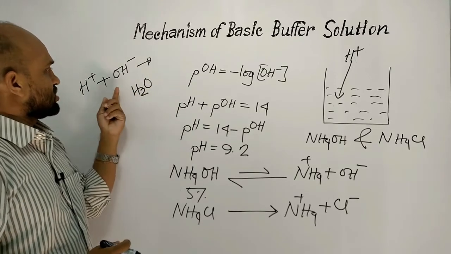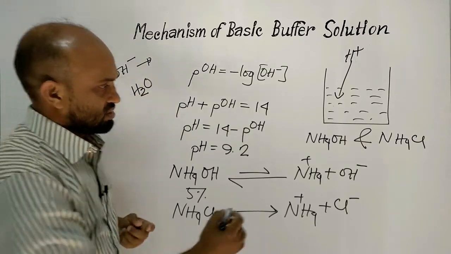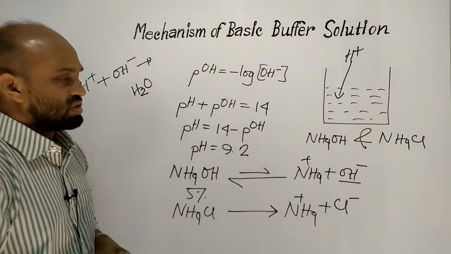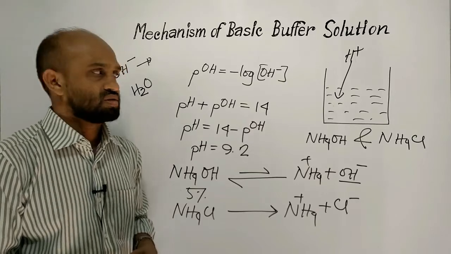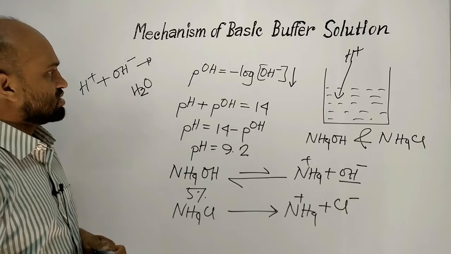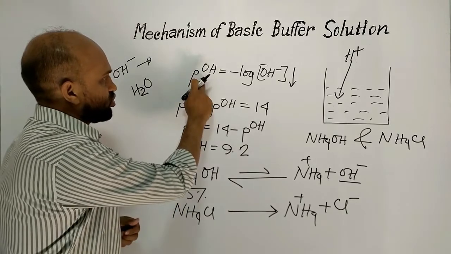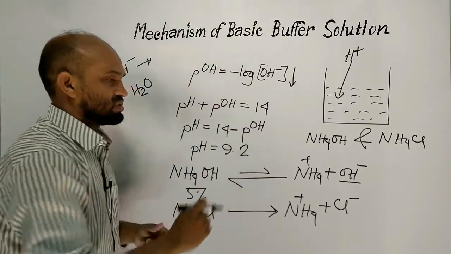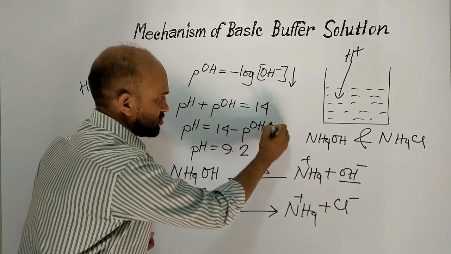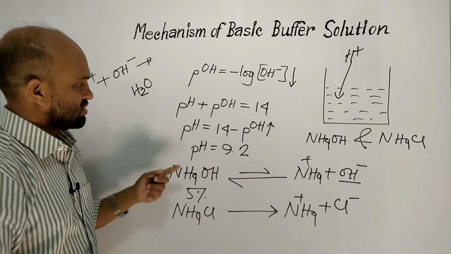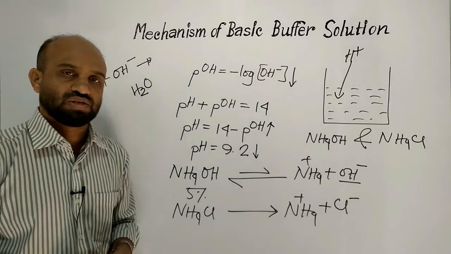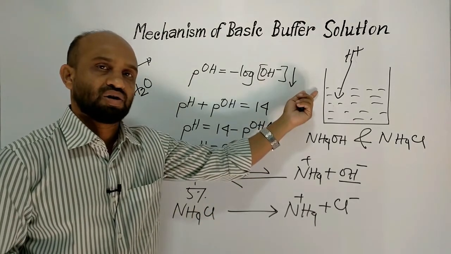So by this reaction, concentration of OH is supposed to decrease, and as a result pOH value is supposed to increase,